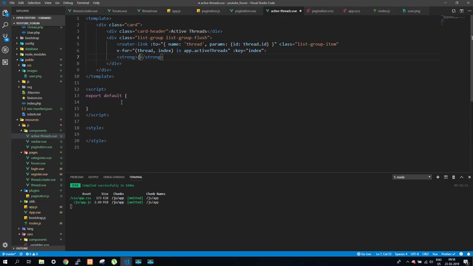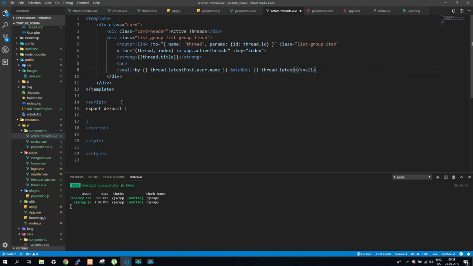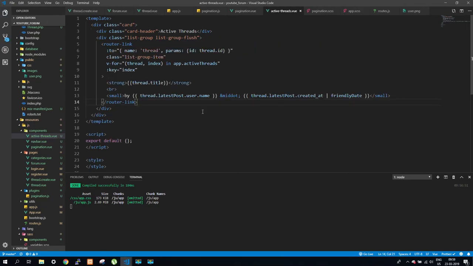We will have a strong thread.title, br and small by thread.latestPost.user.name, mid dot, thread.latestPost.created_at friendly date. That's it. And here our outer link, like so. Now export default name ActiveThreads